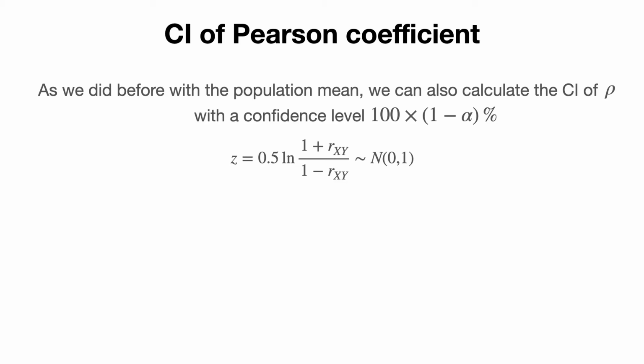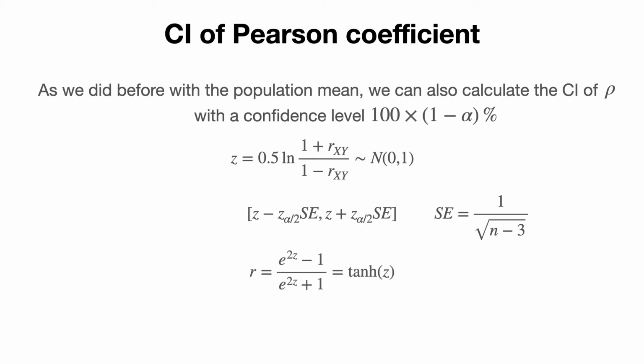It's calculated in terms of the sample estimates of the Pearson coefficient that actually give us a confidence interval. And this idea of confidence intervals using the central limit theorem extends to many other parameters. There's a different way of calculating the standard error, but in the end, we can calculate